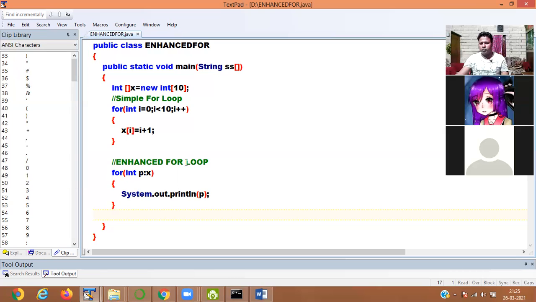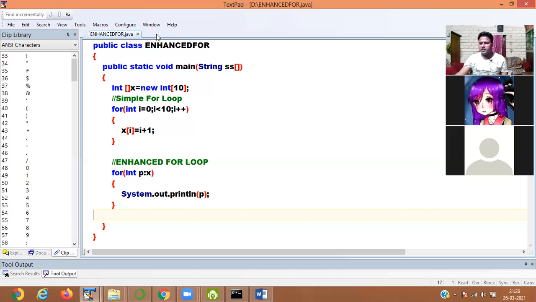Now to retrieve all the elements from an array, we use the enhanced for loop: int p colon x. So whatever values are present in x now come and are stored in p. Here we are not using any initialization, any checking condition, or increment and decrement.